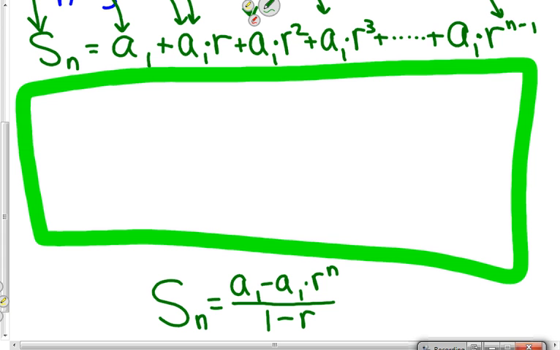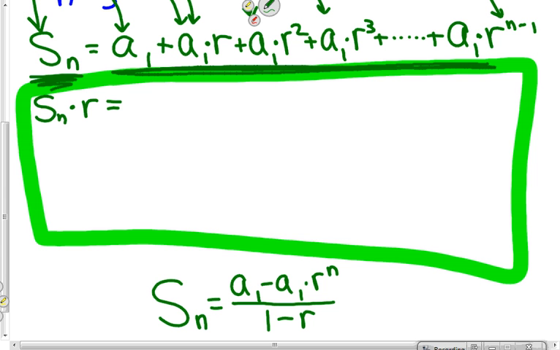Here's how the proof begins. Here's how the derivation begins. Multiply both sides of this equation by R. The left side would say sum times R. The right side would say, if I'm multiplying this entire thing times R, I would multiply each term times R. So this one would become A1 times R plus this one would become A1 times R R. What's R R? R squared. Plus